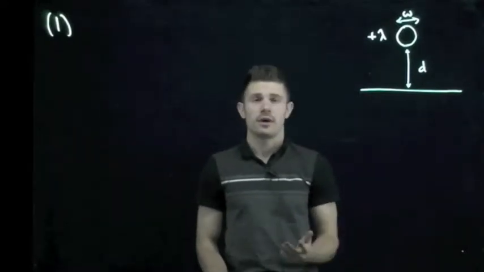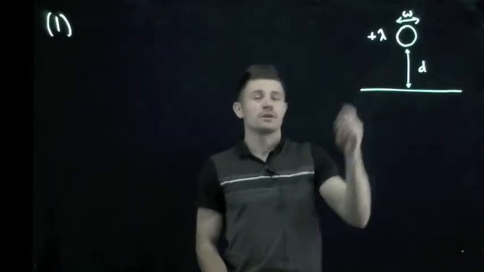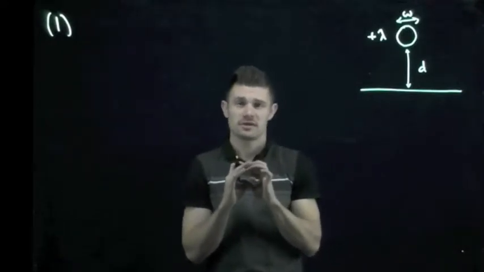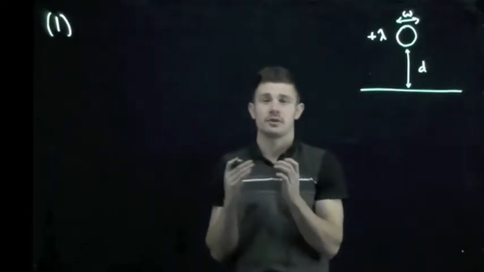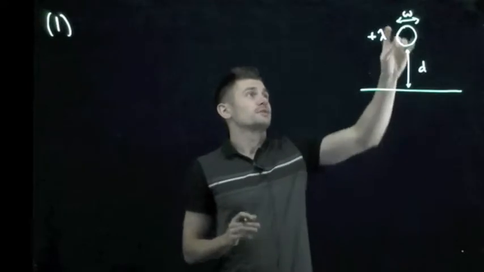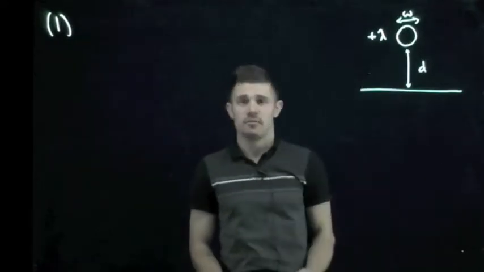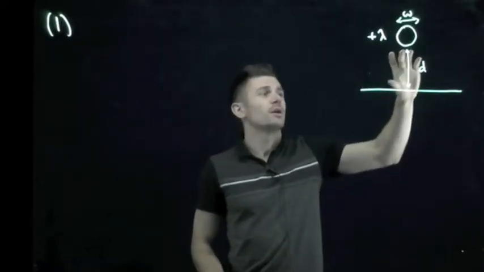So we can see right away that the rod is in and out of the page, so we can just see it from the end. It looks like a circle, as if you were looking at a cylinder from the end. It has a width of w, a charge density of positive lambda, and it's a distance d above a large